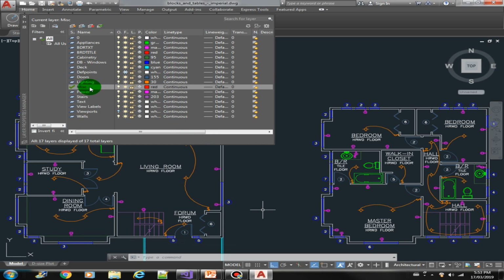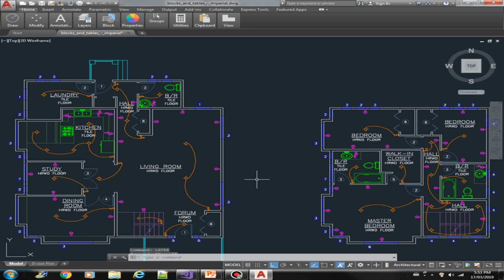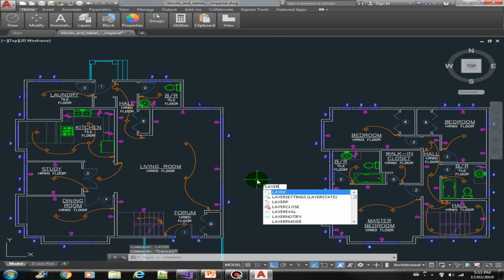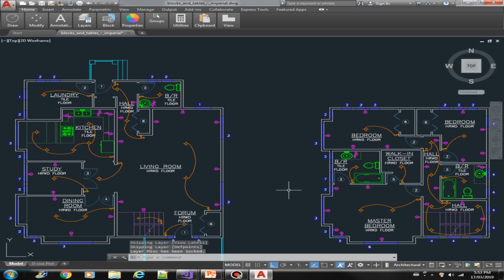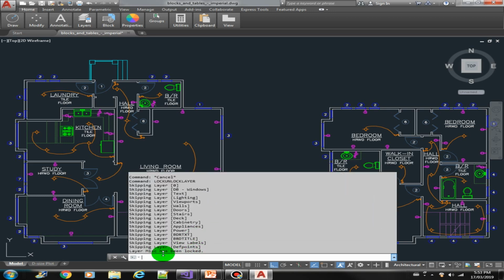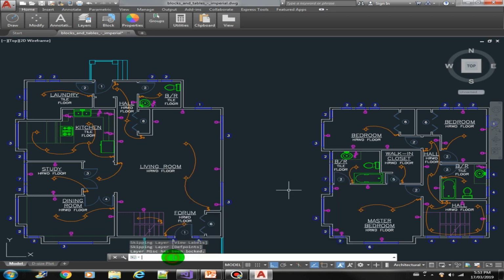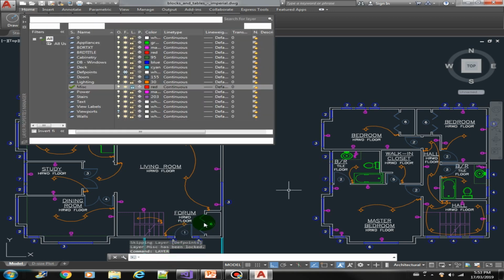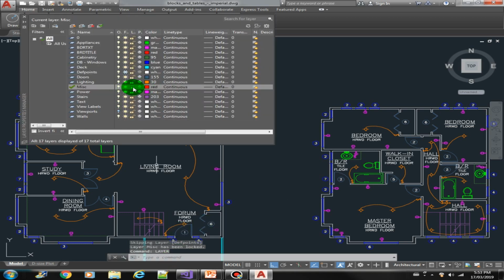So when we run our lock unlock layer method, it should still be the current layer, but it will be locked. This one will change to the lock icon. Okay, so let's try that. Layer, it's called lock unlock layer. There you go. Message here is layer MISC has been locked. Now let's see how. Alright, so now it is locked,